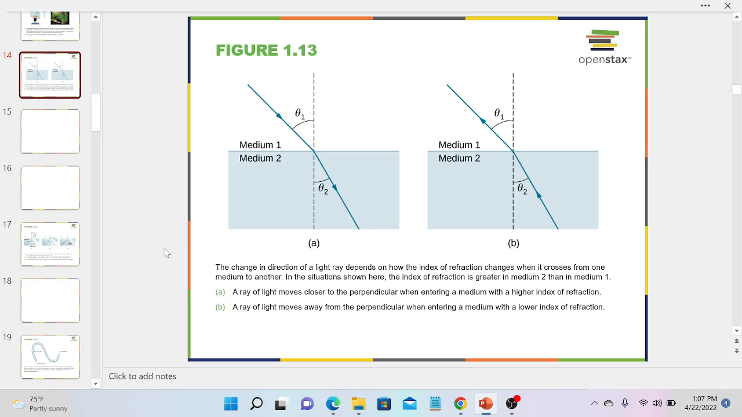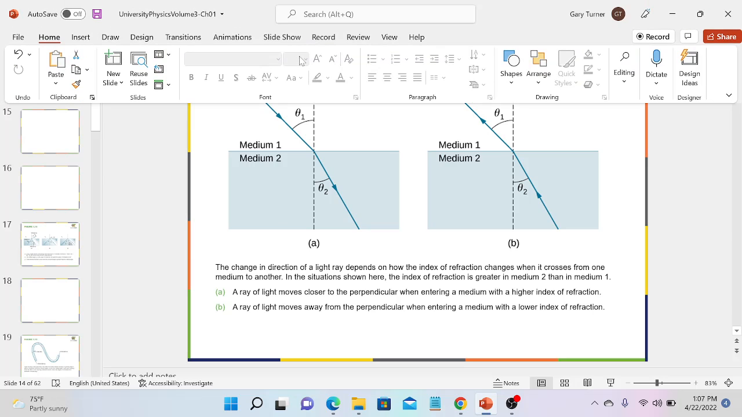In this video, we want to cover some explicit examples using Snell's law to calculate angles of incidence and refraction in different materials. And so once again, Snell's law states that